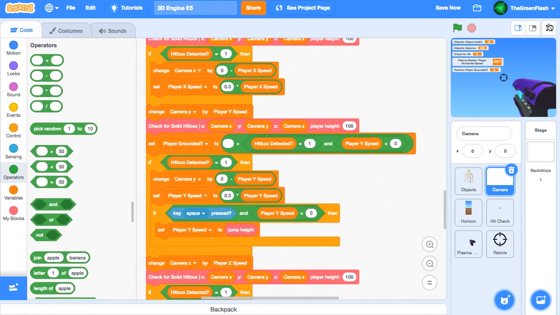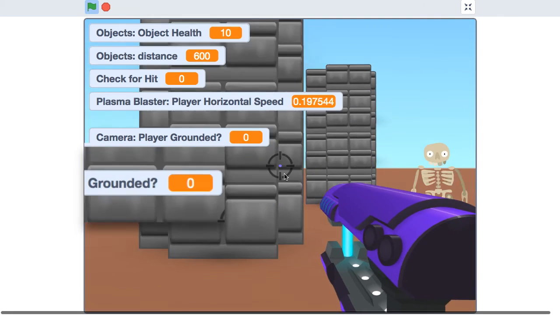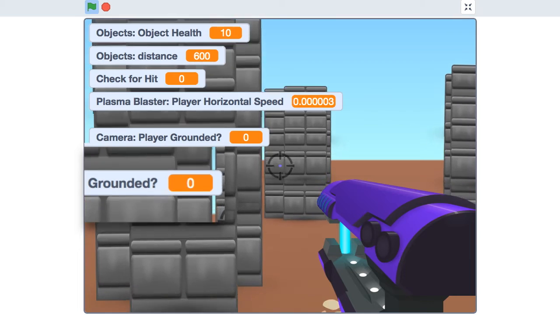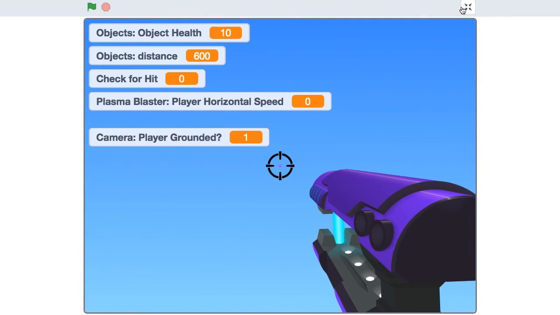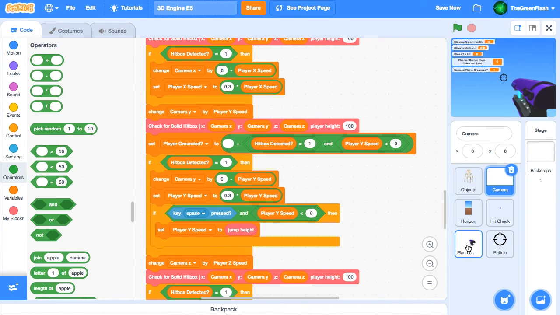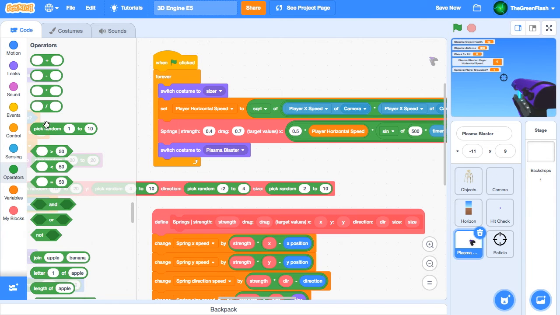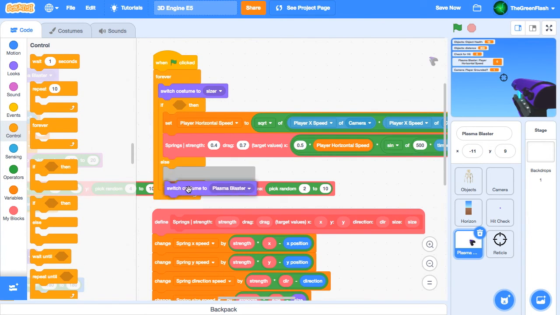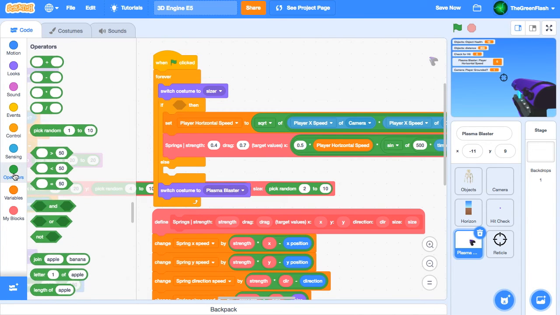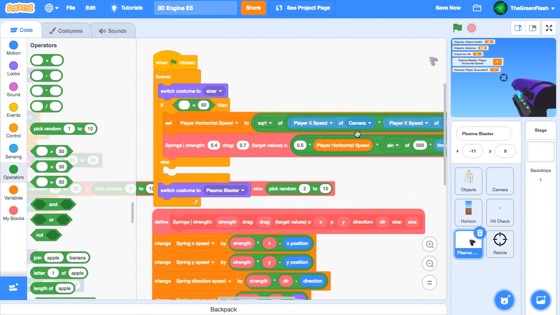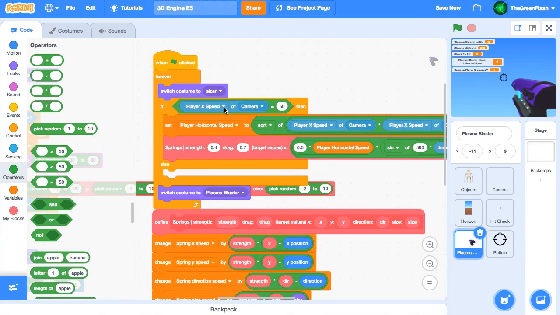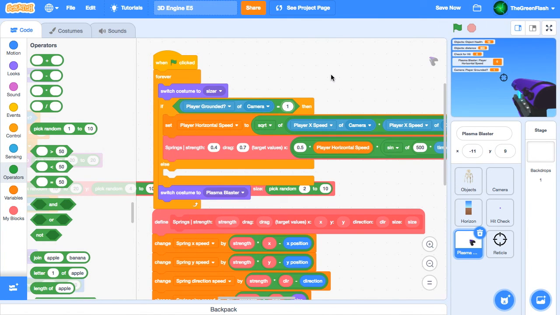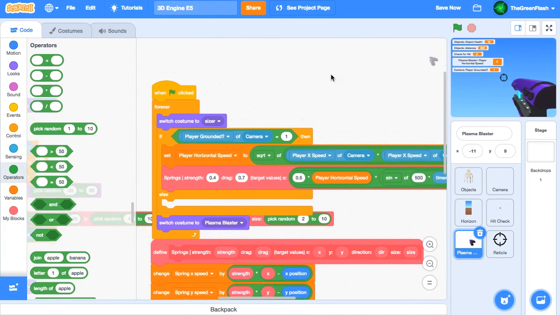Let's test this code. The variable should read 1 when the player is on the ground and 0 when the player is in the air. Now we can return to the Plasma Blaster sprite. Let's add an if-else block to the main forever loop. If playerGrounded equals 1, we'll run the normal swaying scripts. Otherwise, we'll run the